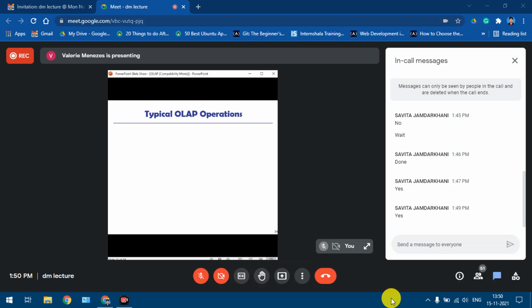Okay. Now coming to the OLAP operations, the first one is roll-up. Roll-up is basically a summarization by climbing a hierarchy or a dimension reduction. What is the meaning of climbing the hierarchy? If you have the sales done day-wise, then you can see the sales done month-wise, week-wise, year-wise, or quarter-wise.